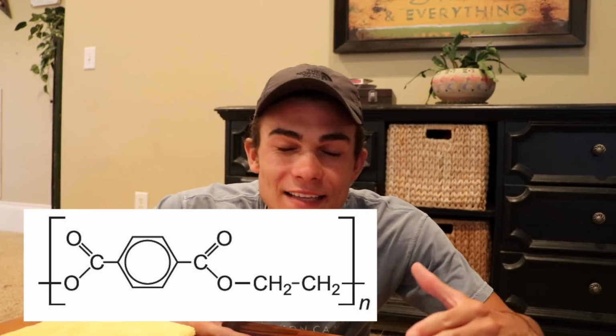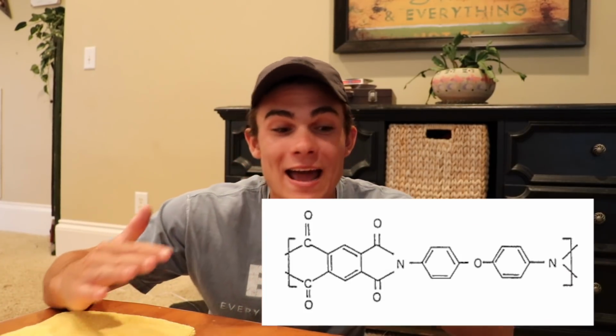Now, what is a microfiber towel? Well, a microfiber towel is made of pretty much two substances, and that's going to be polyester and polyamide. Now, polyamide is pretty much just nylon, and of course polyester is a lot of times manufactured into t-shirts that people wear, right? You have like 50-50 cotton polyester blends, things like that. And in the same way that t-shirts are manufactured that way, a lot of microfiber towels are manufactured that way,